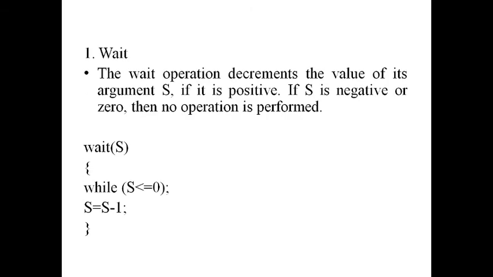So now we will check whether P2 process will enter the critical section or not, because P1 process has already entered. When P1 was in the critical section, P2 tried to enter, but it did not enter as it stayed in the trap of the while condition. Now what is the value of S? 1, because the signal operation is performed and the value is incremented from 0 to 1. So now P2 process enters. What is the value of S? 1. 1 less than or equal to 0 is false. When the condition is false, it will jump to the next statement, so it enters the section.